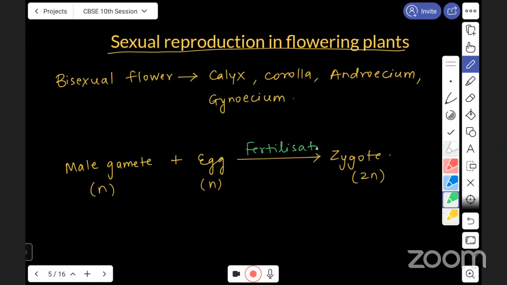One male gamete fuses with the egg to form the zygote. The second male gamete fuses with the two polar nuclei which are present in the embryo sac. Okay? And when these two polar nuclei fuse with the second male gamete, a triploid, that means 3N, nucleus is formed, जिसमें बार-बार cell division होगा, सही है, nuclear divisions होंगे, and then you will have a nutritive tissue that is endosperm. Okay, so the two main products which are produced are zygote and the endosperm. Both these are present inside the seed. When the seed develops, okay, when it matures,